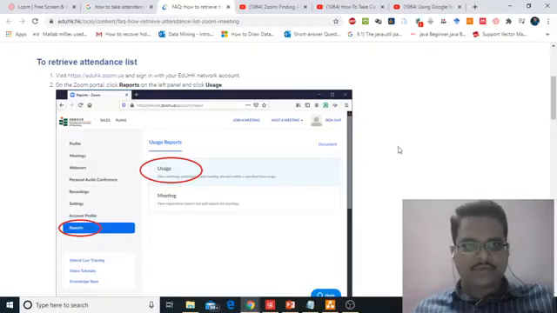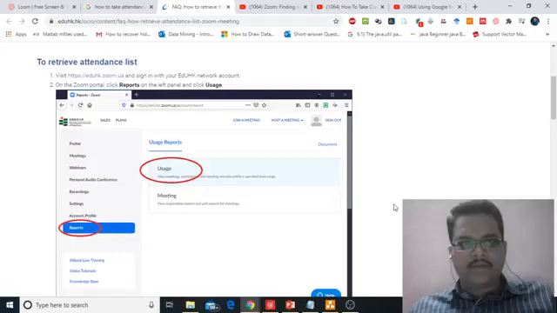Today, I'm going to discuss how to take attendance of students when you are taking classes in Zoom. As all of you know, Zoom is one of the most widely and popularly used video conferencing applications. So in future we are going to mostly use this application for taking our classes. Today I will describe how to take attendance in Zoom.